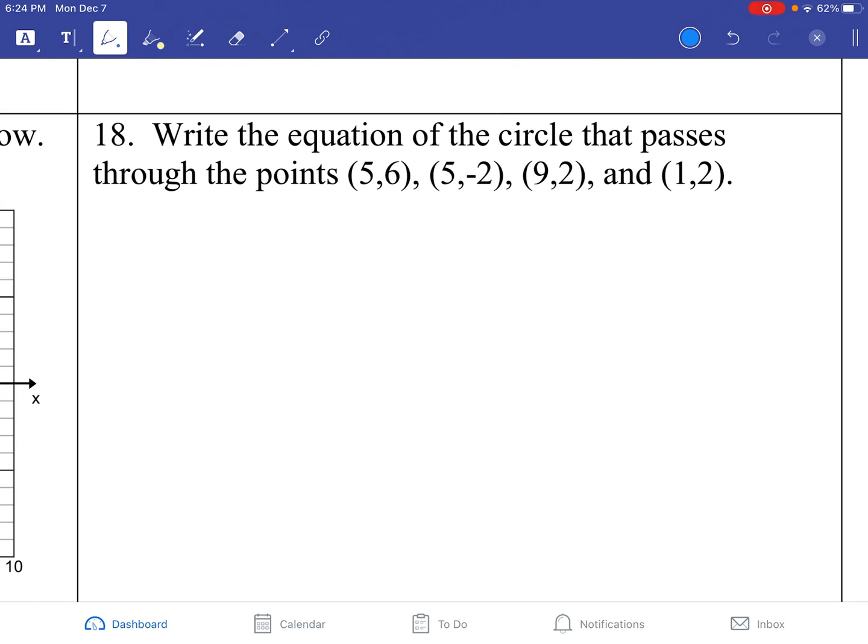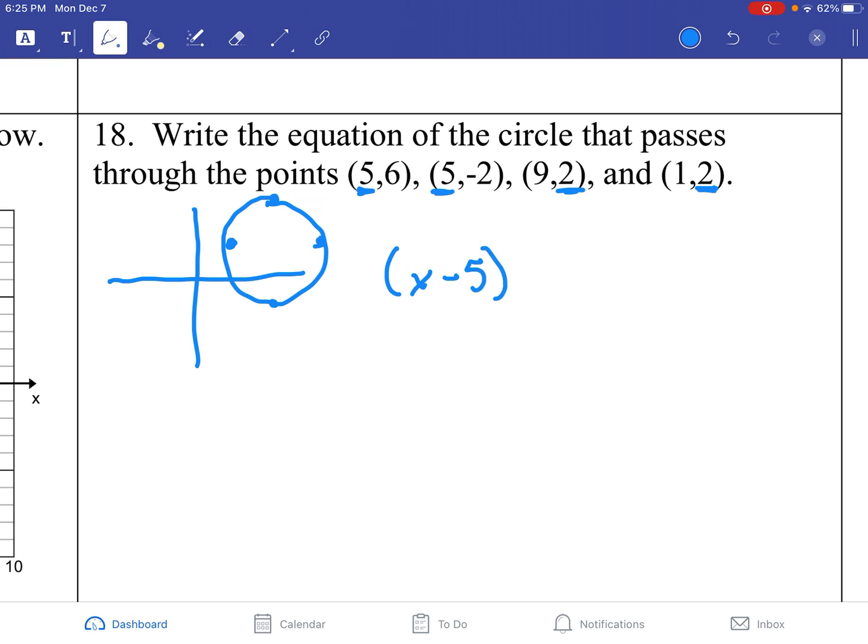Last one, it's kind of like an ellipse, but this time it's a circle. Okay, so you can draw a little bit of a sketch. We have 5, 6, 5, negative 2, 9, 2, and 1, 2. Okay. So kind of like how we did this problem with the ellipses, these are your x values, these are your y values. The 5s are the h's, the 2s are the k's in the center of your circle. So we have x minus 5, quantity squared, plus y minus 2, quantity squared, equals,